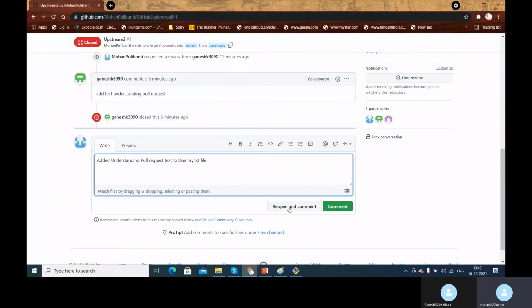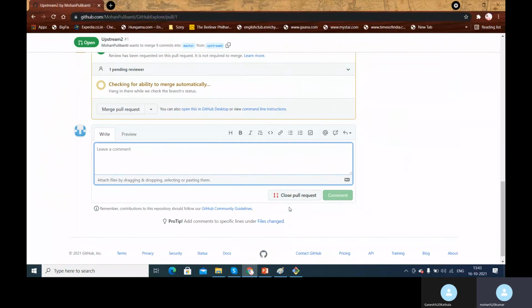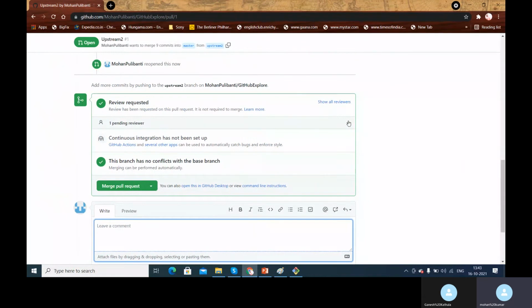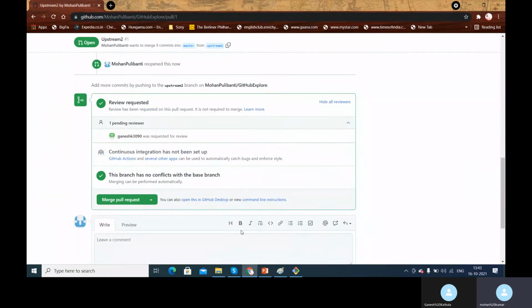So I am saying reopen and comment. So I'm reopening this pull request, and it is again submitted for the review, one pending reviewer. Now he will see that pull request again in his tab. He will approve that, so that I will be able to merge these changes to the master branch. That is all that's going to happen now.